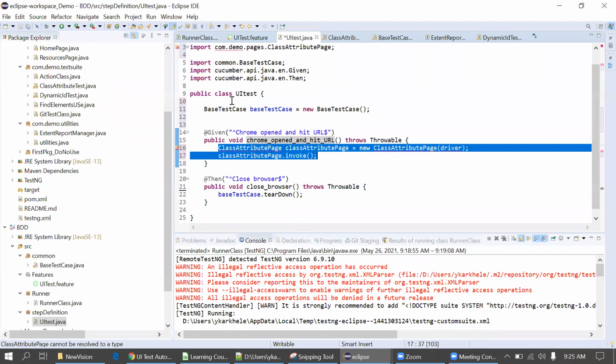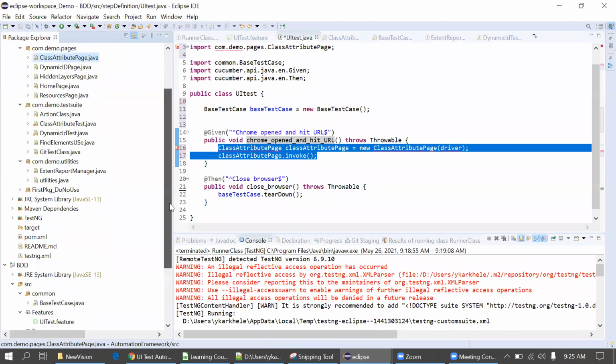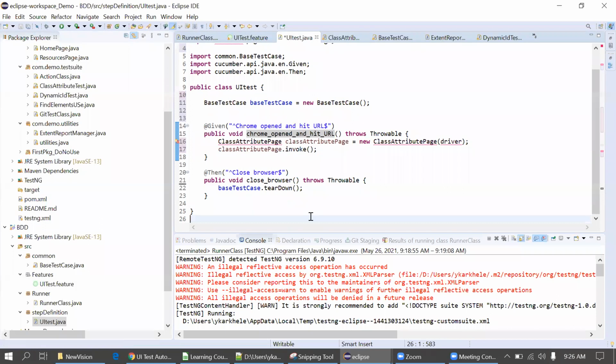Okay, so tomorrow I'll copy these pages from the previous package to the new package, and I will automate a few test cases in the BDD, so we'll get more confidence there. Along with that, I will proceed with a few more concepts, the data table and scenario outline, how we execute a test case for multiple data, tomorrow. Okay, guys.